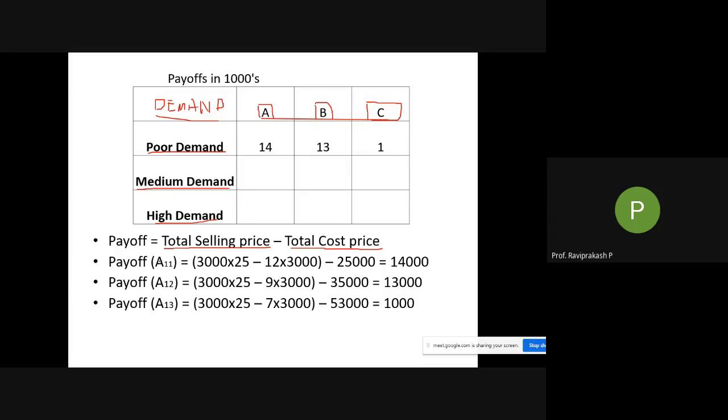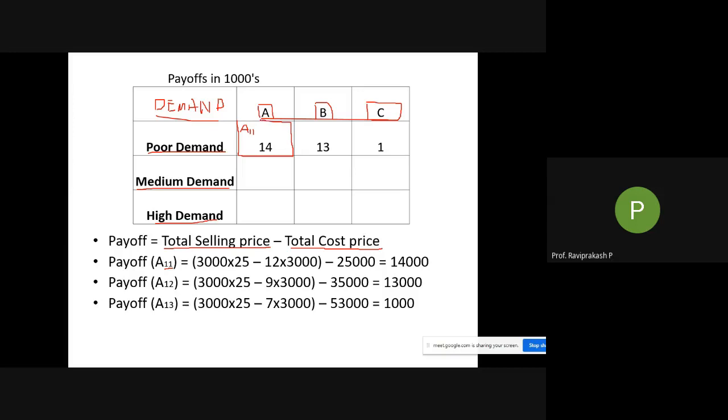So how to find out for, see here, you can write A11, A12, A13. You can take any letter, A, X, Y, Z, not an issue. But this particular 11 is very important. This is telling which particular cell I am looking at. So this is A11. The first one is always the row. Then the second number will specify the column. So this is this particular square, or this particular cell.